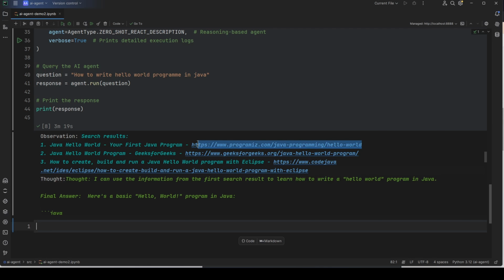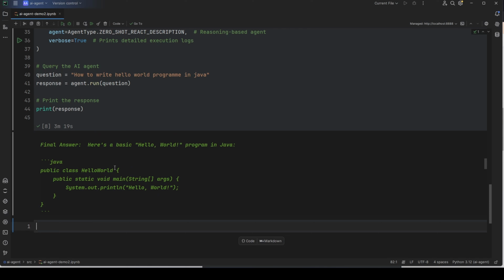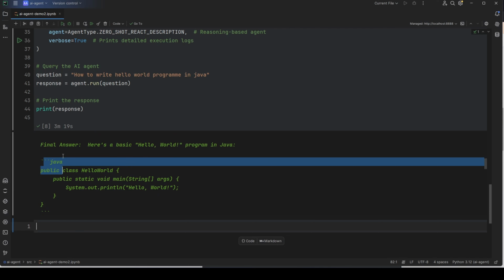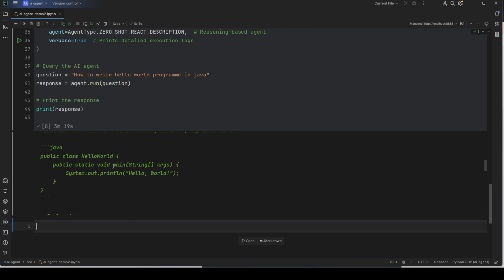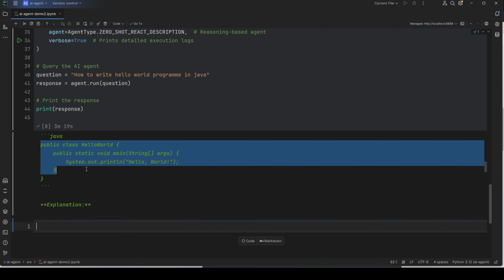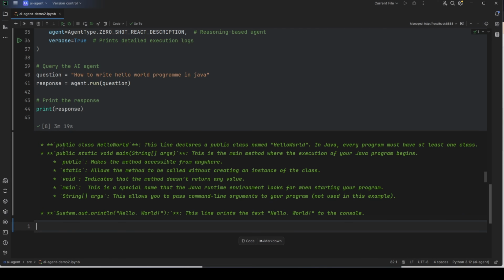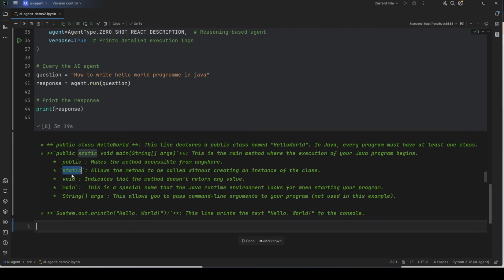So this is the first result, and it takes the information and gives us the complete code. The final answer is, here is a basic hello world program in Java. It provides the main function, and then it explains the complete function, like what is public, static, void, main,